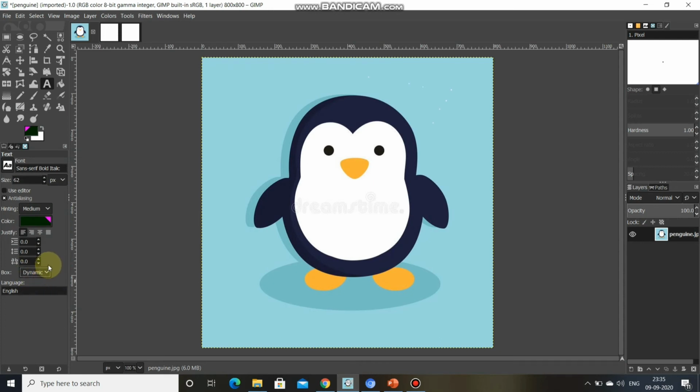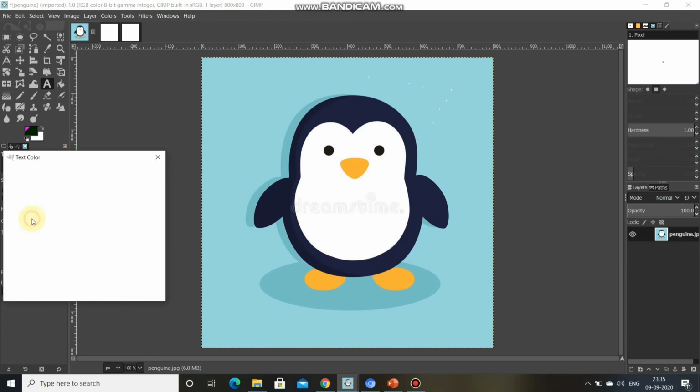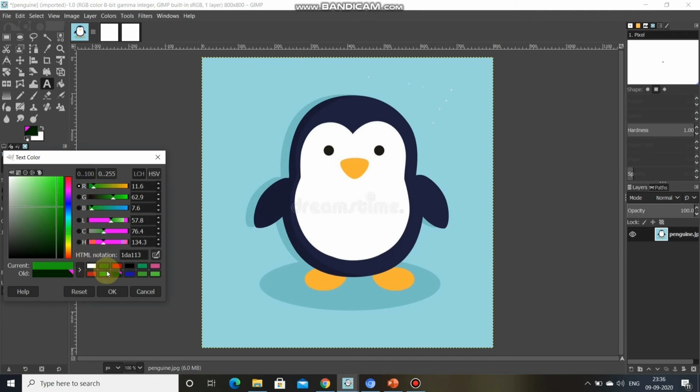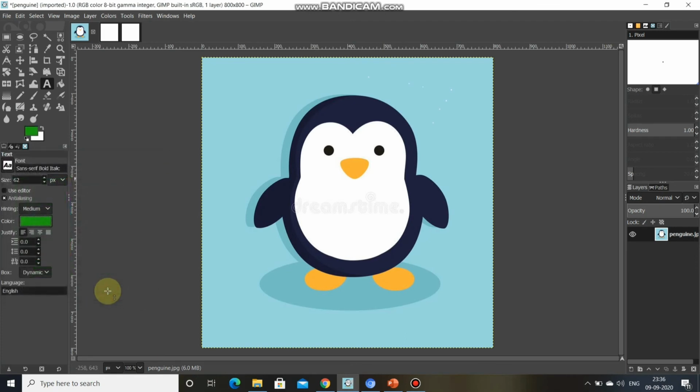Box dynamic means it can be moved, or fixed means it won't move. Okay, so I'm choosing the dynamic only. Hinting medium, okay. So now everything we have chosen from here, which font style we want, which color font we want. If we want green, okay, everything we have chosen from here.